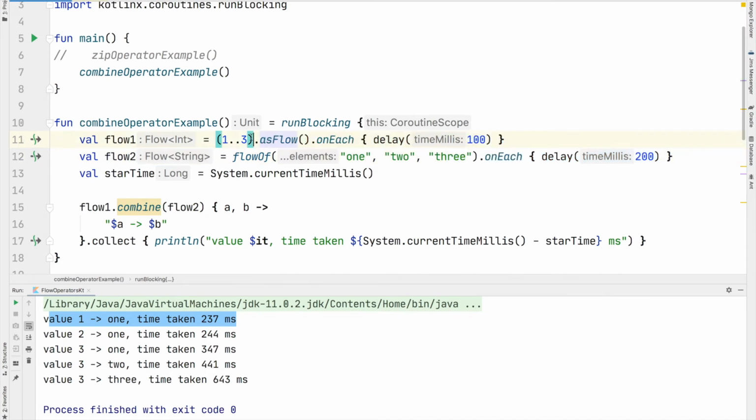So as soon as the second element from this flow emits, it again got printed with the first element of the second flow. That means this first flow will get triggered as soon as it receives any new value from any of these flows. So let's try to